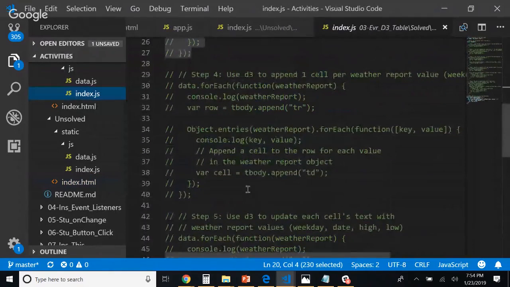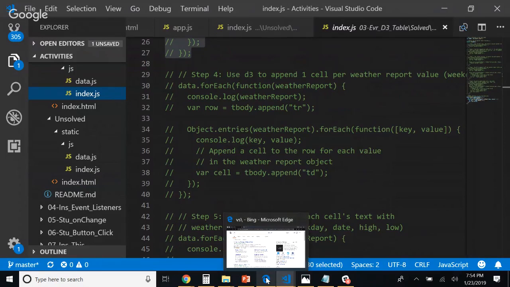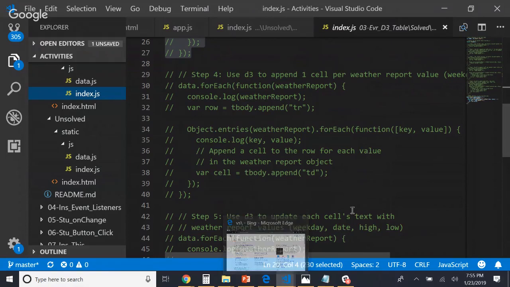Now we want these values populated into the table and mapped to it, because our table is weekday, temperature, and so on, highs and lows, right? We already know the keys are referring to the column headers and the values are the ones that we need to print under those column headers, right? So we're going to go after the value. And so to do that,